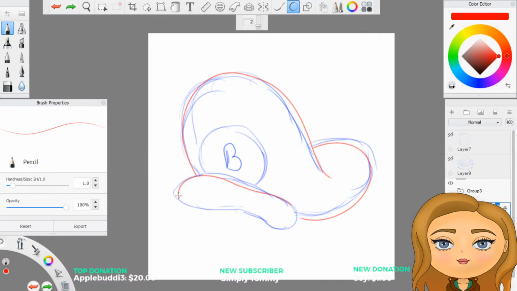Why are these... There we go. I was going to say, why are these lines not fixing themselves? What did this one's brim look like from the reference? Oh, nothing like this. Okay.